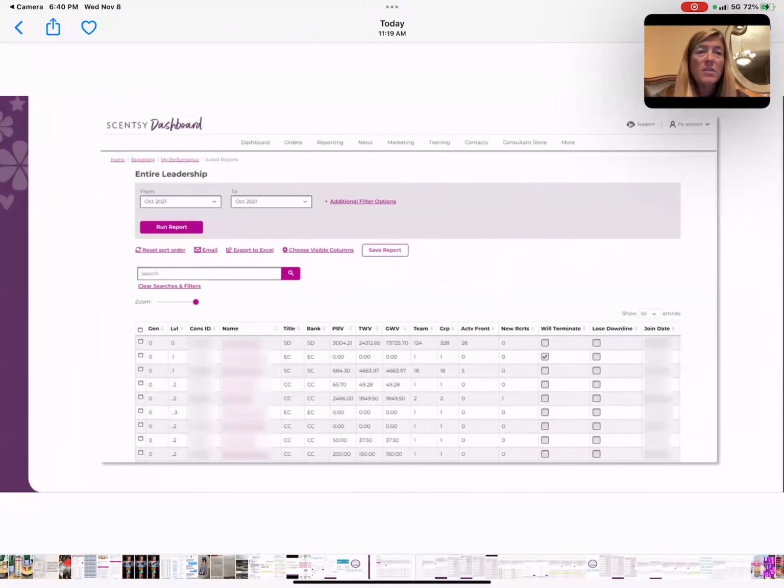The reason we want to create these reports and we want to save these reports, which I'm going to show you as well, is you want to celebrate what's currently happening good with your leadership, and you want to highlight what could happen or what's possible based on the reports that you're running. So that's why and how these tools can be so imperative to how you're working your team and your personal business.